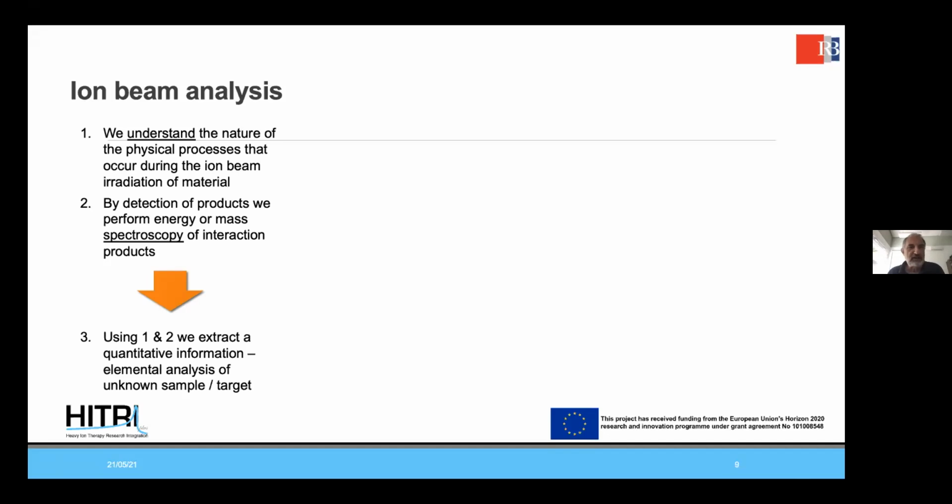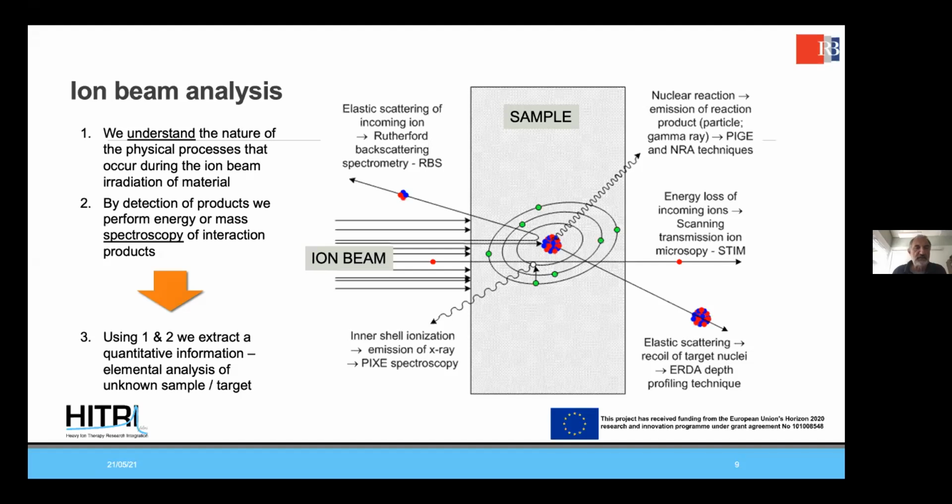from the Rutherford times, the Rutherford formula, and ionization can be modeled very well. We can detect the products very well, with 100% efficiency in most cases, and by using these two prerequisites, we can really make a proper elemental analysis of the target. So when we look at some sample, and actually an atom, so you have these,